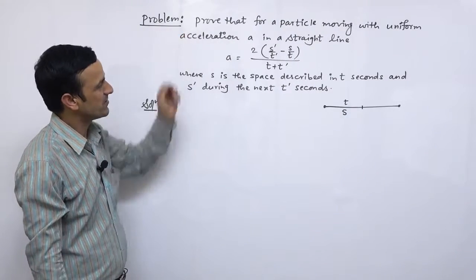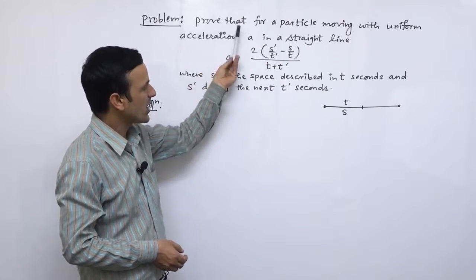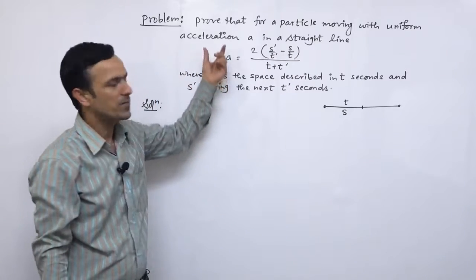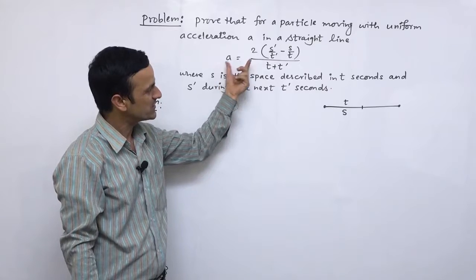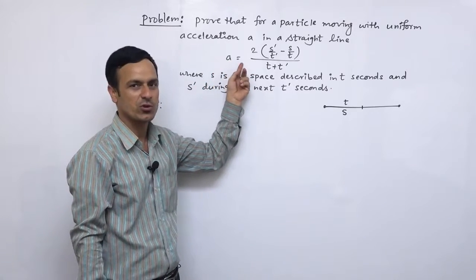Okay, we have this problem. So in this question, what is given? We have to prove this result for any particle moving with uniform acceleration a in a straight line. So this is a motion in a straight line, and we have to prove this result: a is equal to